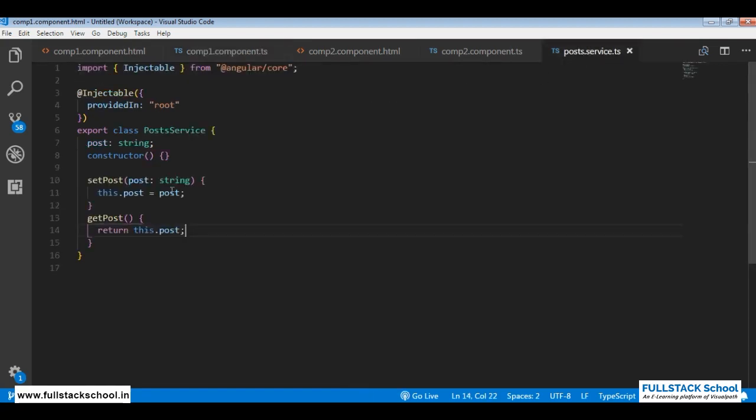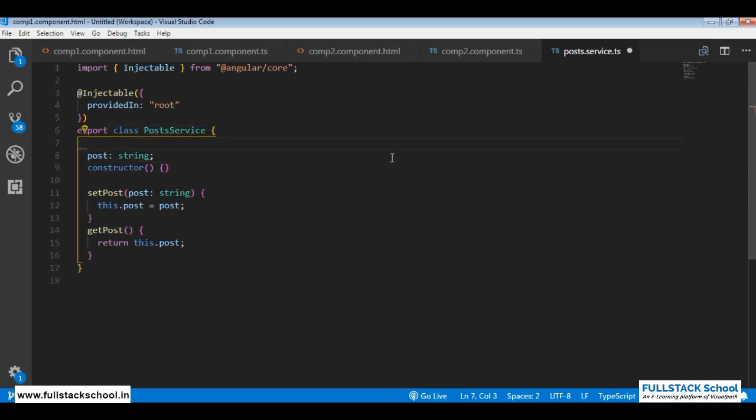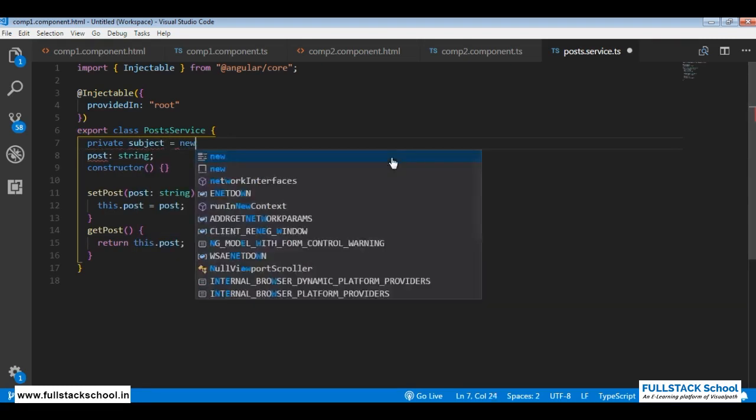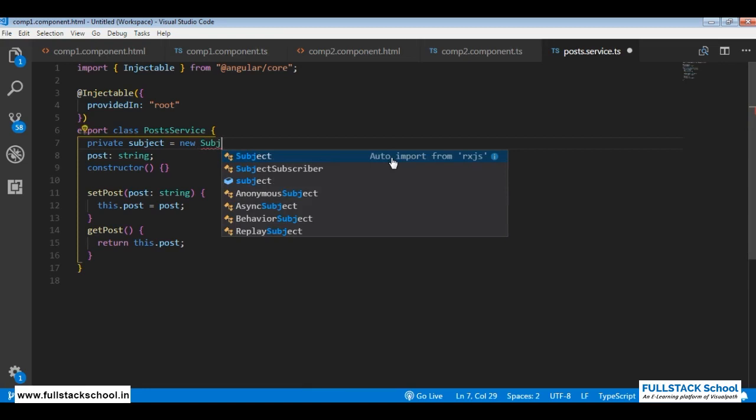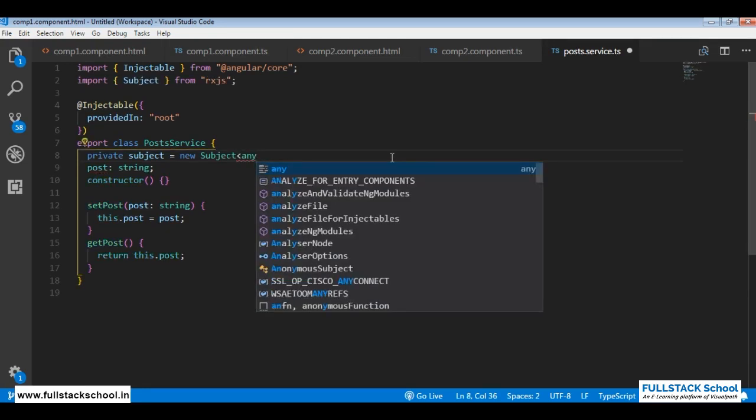In post service, what we need to do is declare a subject. So instead of making this a subject, what I can do is I'll use a new one. Private, I say subject equal to new subject of type any for the moment,